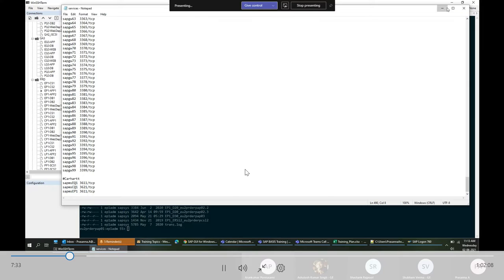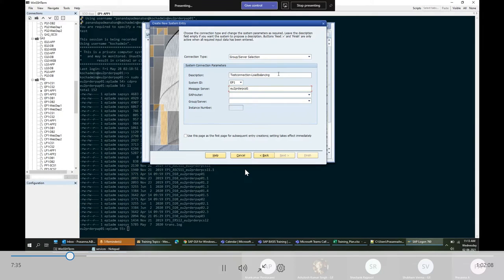Here I would give the message server details. Then in that server there will be something called a logon group which should be defined. When I choose this, it will come by default. So I'm not choosing any application server. I'm just giving the message server details and the system name. Then finish. So now when I connect to this system,